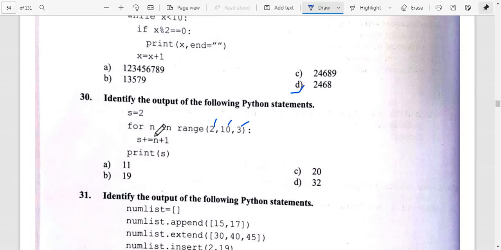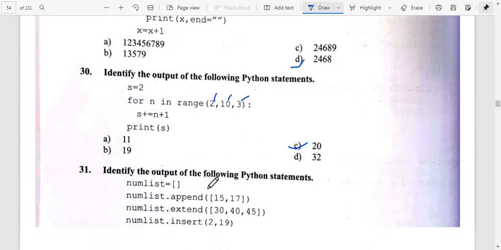If we are taking start 2 in range, now step 3 is the gap. So 2 plus 1 is 3, 3 plus 2 is 5. So next S will be 5. Moving again and again until we get the output. So the answer is C, 20.